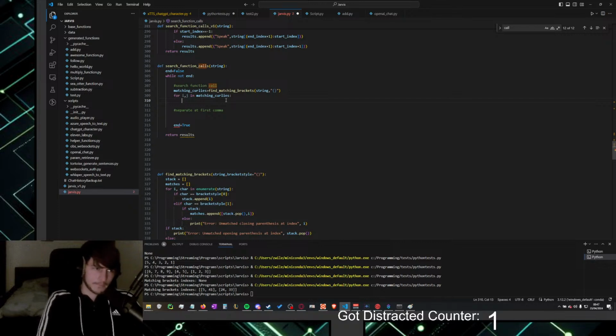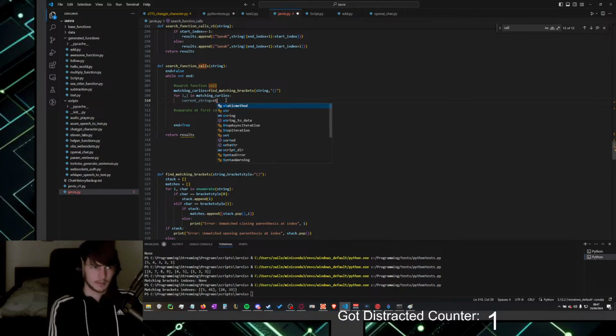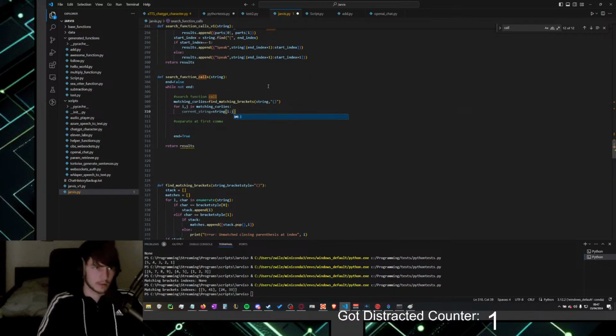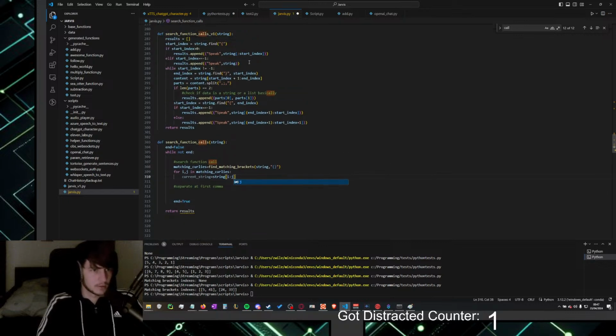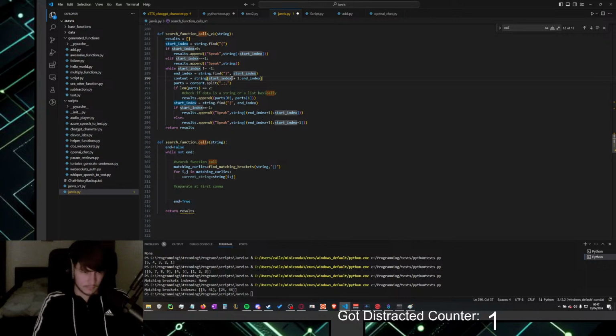So, call equals string, let's do it like this. String i to j, something like that. It should be rather similar to this thing here. Okay, start index plus, wait, why is it +1 here? Oh, right.